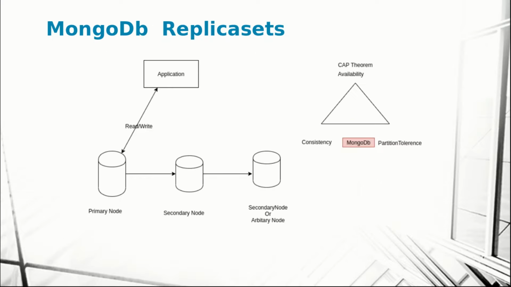Right. Then we go ahead and see how MongoDB replica sets work. Now a MongoDB replica set is the hardware topology that most of the enterprise use cases use in their data centers, right? So you have your application, then you have the MongoDB instances. Primarily you have a primary MongoDB instance, and you have a secondary MongoDB instance. Then you can have another secondary node or arbiter node, right? Now this is the basic apparatus which most of the MongoDB applications use.